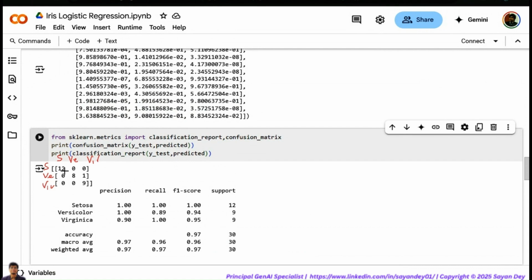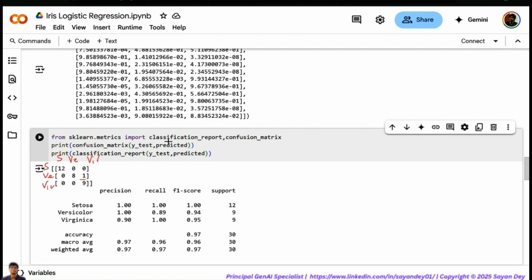But what is more important is to understand the number of incorrect predictions. So we can make out how many incorrect predictions the model is making, especially the false negatives and the false positives. For example, here we can see one incorrect prediction, because the iris one is a very good data set, as we already saw that the classes are very well separated. So there are very few incorrect predictions happening, one of which is this one, where there is one instance